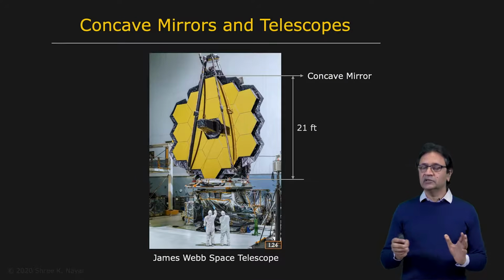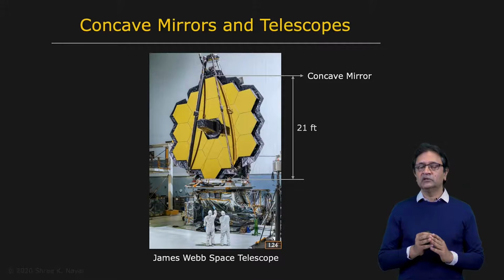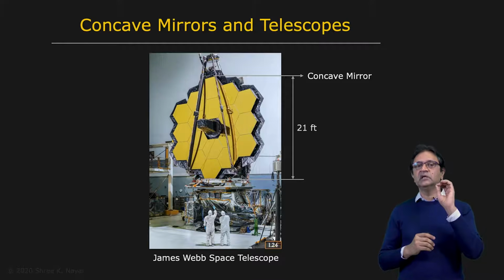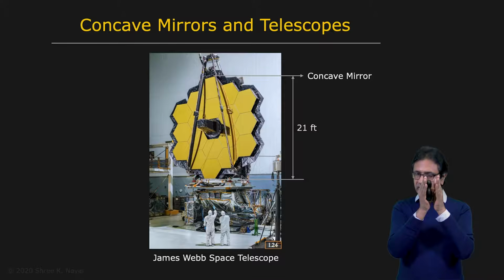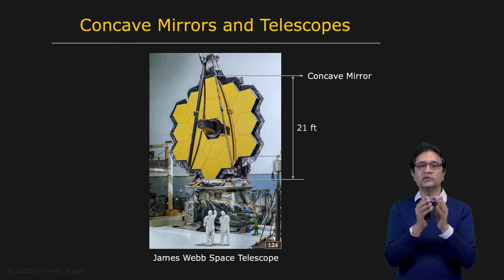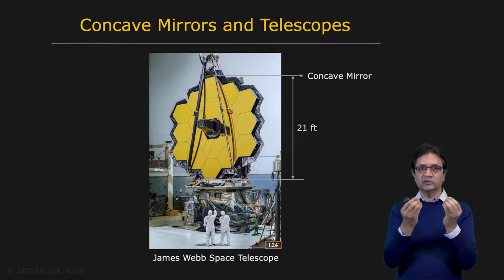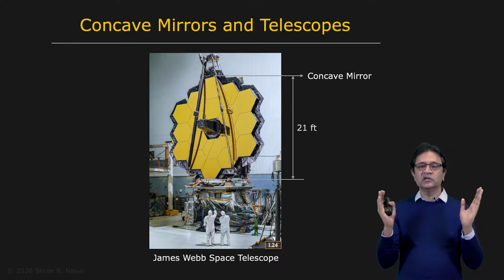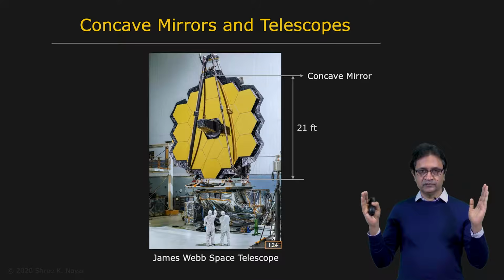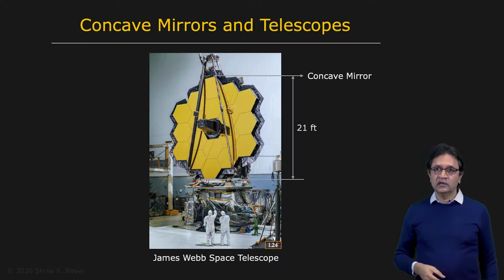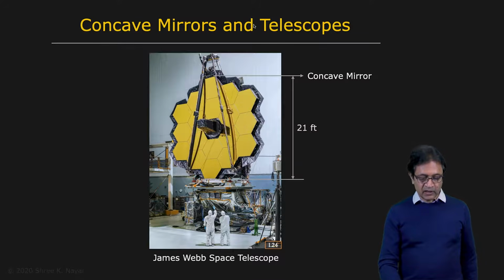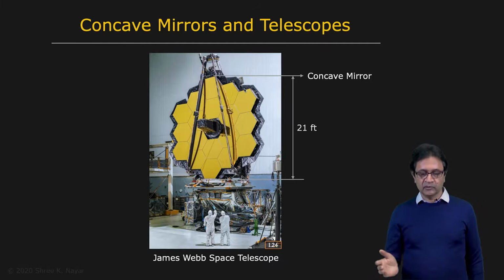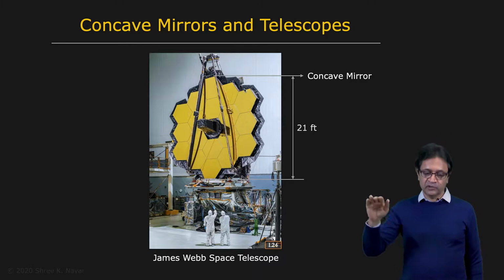So in the case of a telescope, what you're trying to do is look at an object that is really far away. So you're really talking about a very narrow field of view, but since the object is really far away, it's really dim, and you would like to be able to collect as much light as possible from the object. For this, you use a wide aperture. And so that's where curved mirrors come in. In this case, you're not using a convex parabola, but rather a concave parabola.